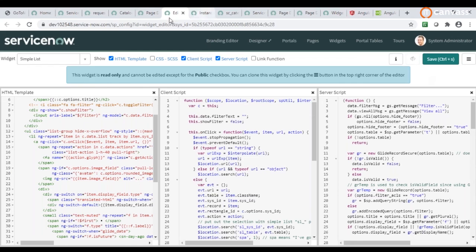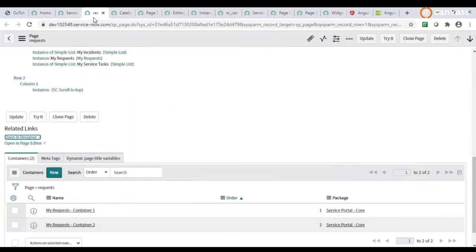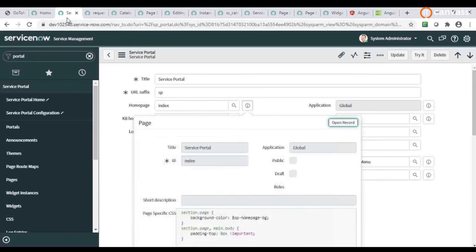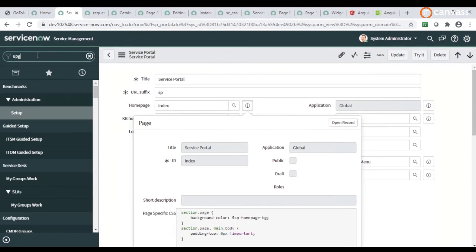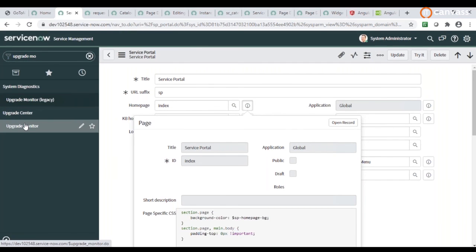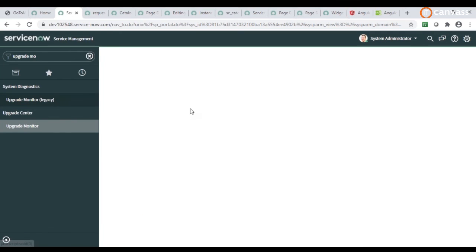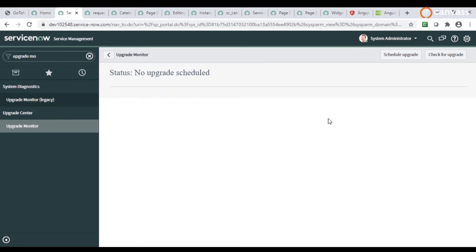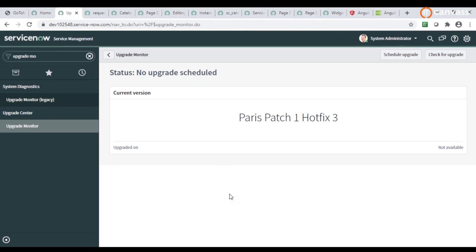Otherwise, once the upgrade happens, you can see it in the upgrade monitor section. Once, suppose you have upgraded an instance from Paris to Orlando, then we can see all of the things over here. So what has been customized, and whether we have a conflict over there or not,